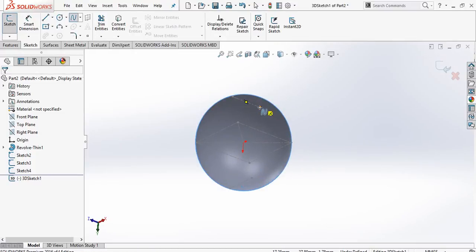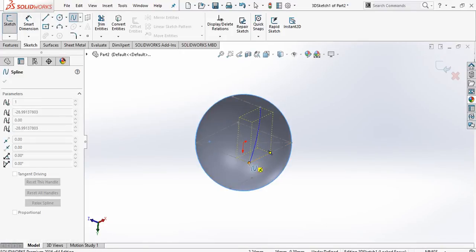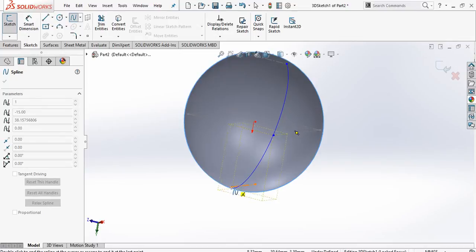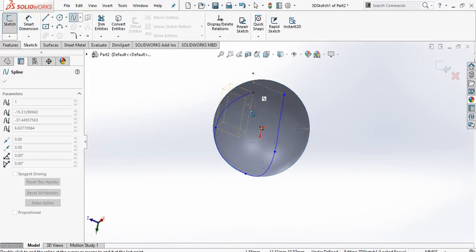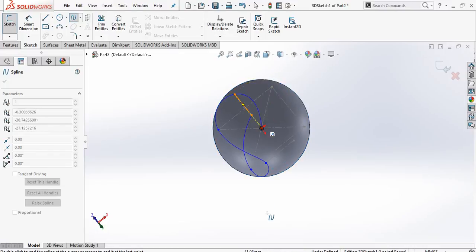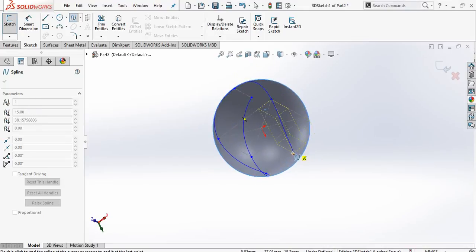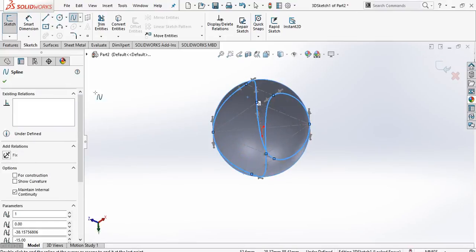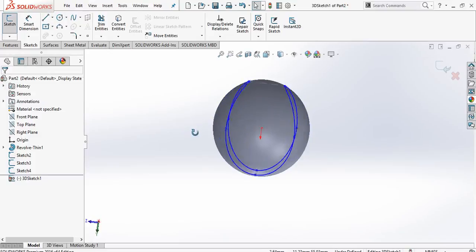Now start from this point, point 1, point 2, point 3, and this one is point 4, this is point 5, and here select this point 6, and here select point 7, and here select point 8, and here select point 9. Okay. Now our spline is generated.